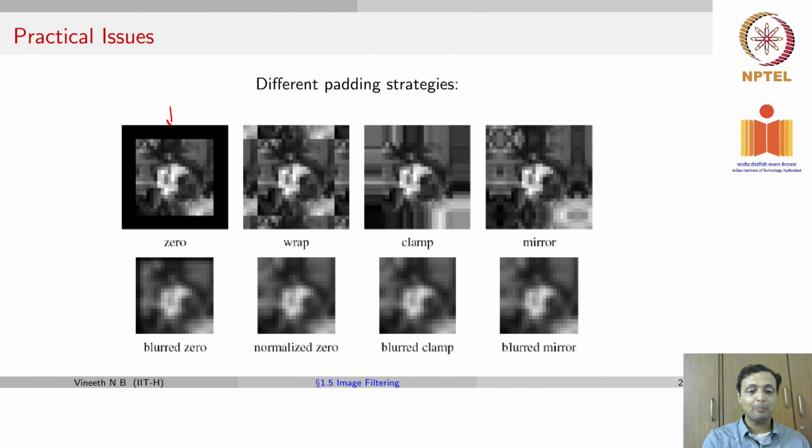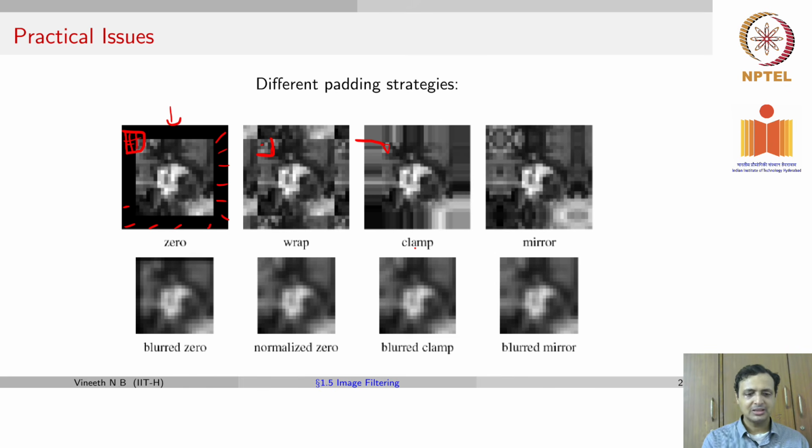So you can do what is known as zero padding, where you simply pad beyond your image with black pixels. So now you can place your filter at that corner location. You simply will have black values for the filter coefficients that go outside the image. You can wrap your image. So if this was 2 pixels, you simply wrap those 2 pixels towards the other end. You can clamp the values, which means whatever value you have at the last position there, you just continue with the same values outside the image. You can mirror those values at the edges, and so on and so forth.